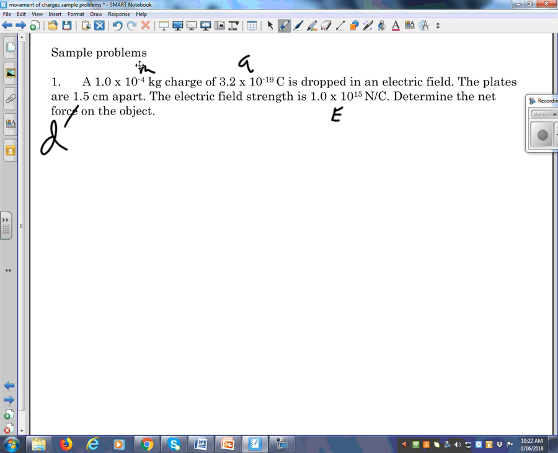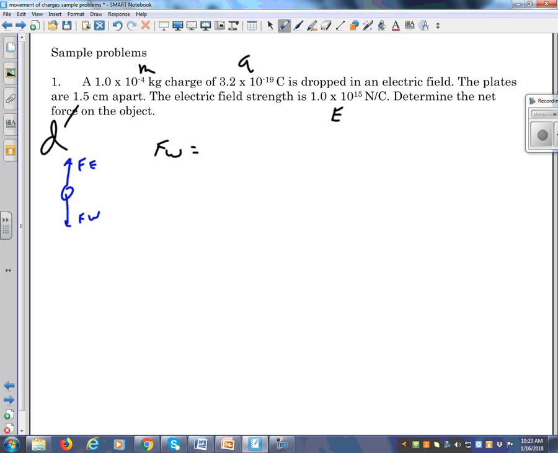Let's draw a little picture. So we got weight force down, and we're going to have electric force up. Now we don't know which one's bigger, do we? So we can't really accurately draw a picture yet. It's just sort of a sketch. One of those is bigger. Well, I guess to find the net force, we're going to have to find those 2 individual forces, right? Well, let's start with the easy one,